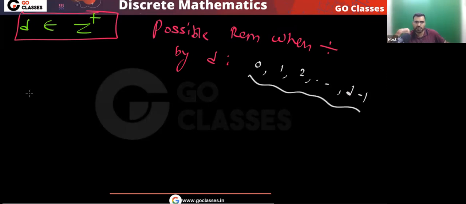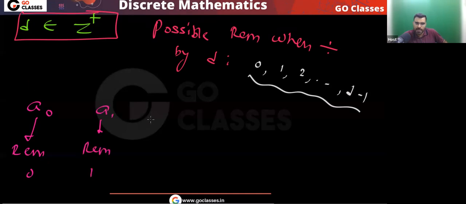Now you can easily see that if I give you d plus 1 numbers, I can give you this number which gives remainder 0. I can give you this number which gives remainder 1. Like this, I can give you this number which gives remainder d minus 1. But if I give you one more number,